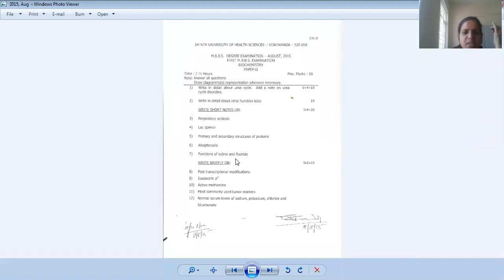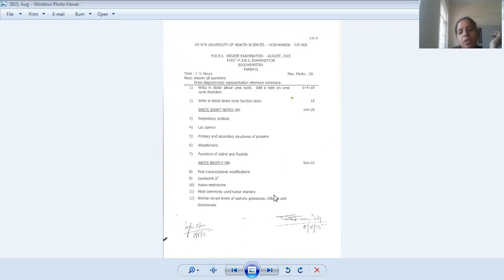Okay, ma'am. This is general, beta, iodine and fluoride. So iodine, basically whatever functions we study for thyroid hormones, that you can write for iodine because iodine is very important for the formation of T3 and T4, isn't it? Then fluoride basically helps in the mineralization of teeth, and if it is in excess it leads to fluorosis, which we see in the Nalgonda population. So only a few functions for fluorine and iodine, just go through once.